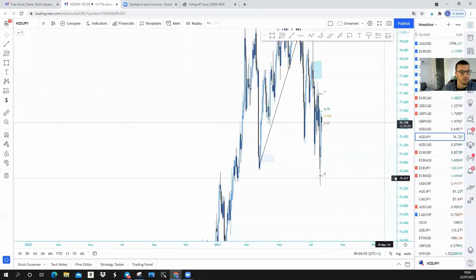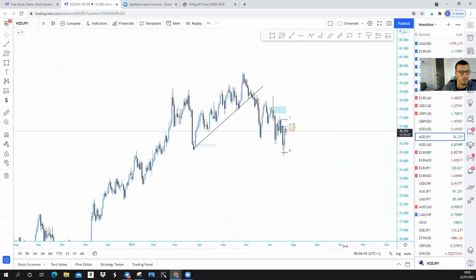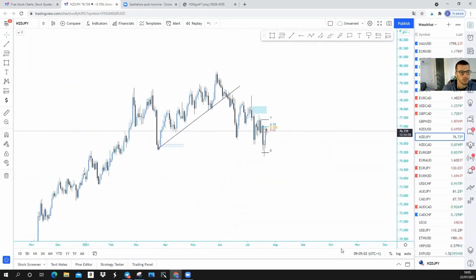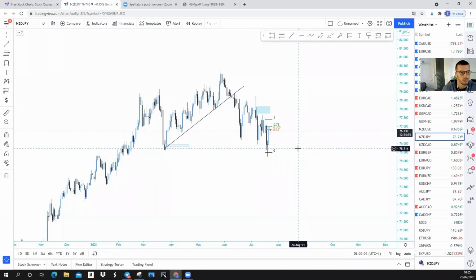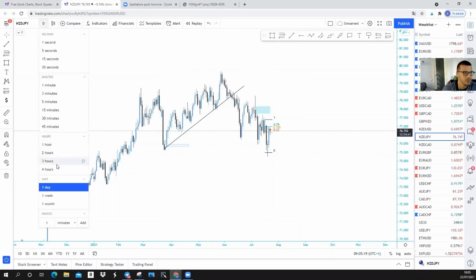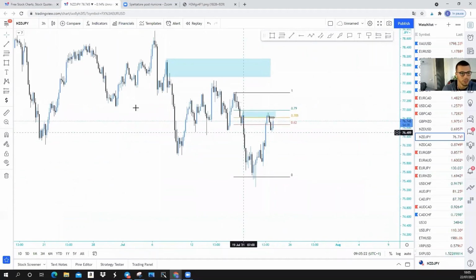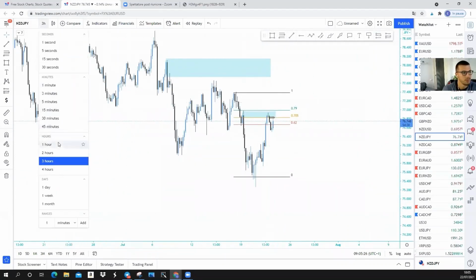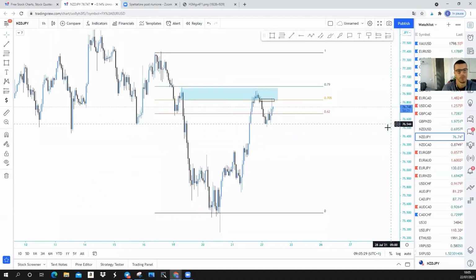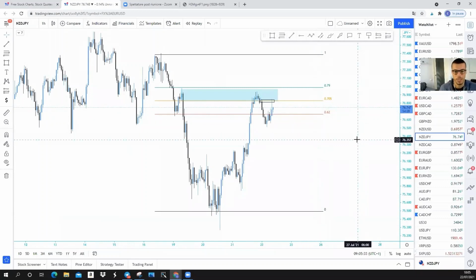Let me go on the daily. All right, on the daily, it doesn't look great. After weakening this low, looks like it is grabbing liquidity and then big push to the upside, but let's look at the overall story that is going on right here. It's not bad. I will take a look into this and I will decide what I want to do with this pair, if I actually want to enter a trade, but I need to wait right now. Not confident enough to take this trade. All right, with that being said,